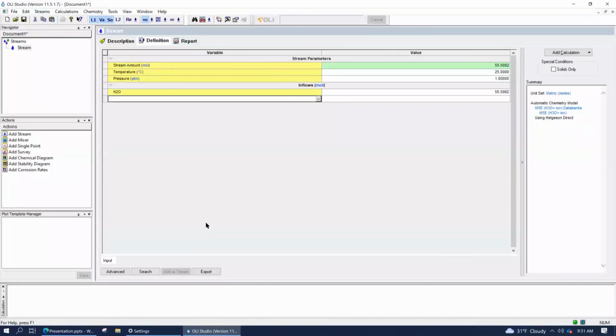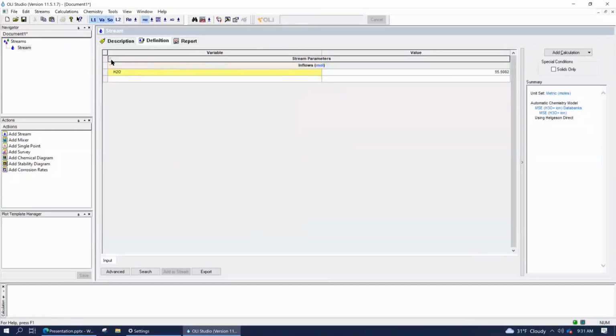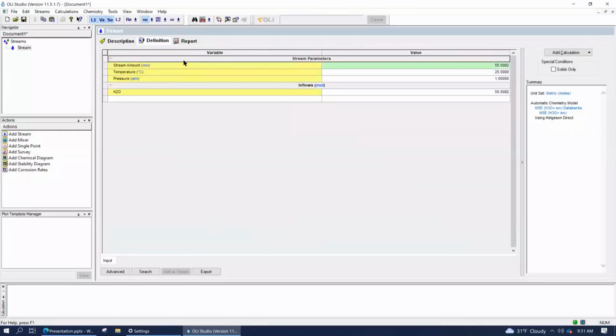There is a tab in the stream, and actually in every object, that we call the grid. The grid is essentially what you see here, just a table where you have variables and you have values for those variables. And then you're going to have different categories in the grid itself. So right now I've got two categories in this grid, a stream parameter category and then an inflows category.